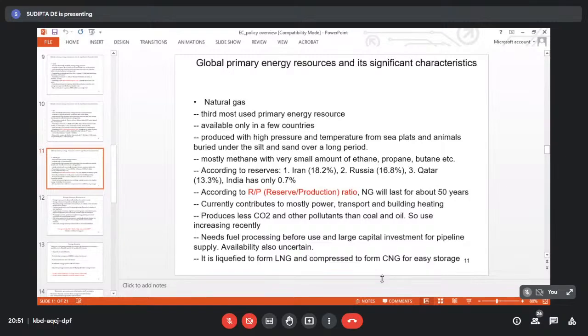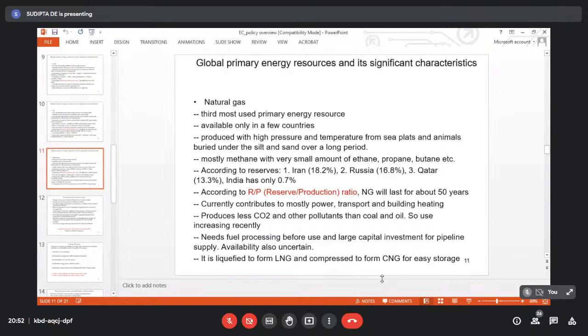Then from Russia, also the same problem, though they have such significant natural gas reserves. In Russia also we could have it very easily, but we cannot get it just because of the transportation problem, because there is no common border between Russia and India, and the gas has to pass through other countries, and they are not all very friendly to India. That's why natural gas has that problem, though Russia has maximum export to the European countries.